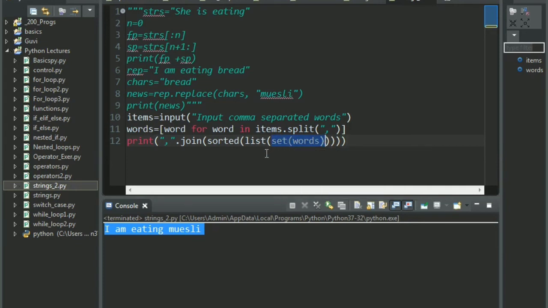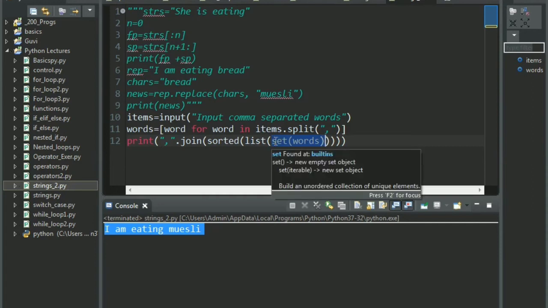Now what is set? Set is basically a data type where it stores only unique values. Remember I mentioned just now that if the user gives where are you, it should simply omit or remove the second where. There should be only unique values in the sentence and not repetitive values. So the function set will give you only unique values. It builds an unordered collection of unique elements.